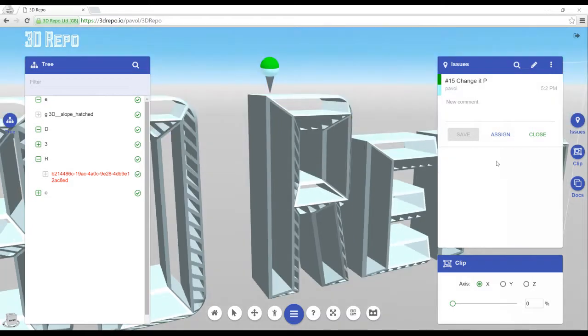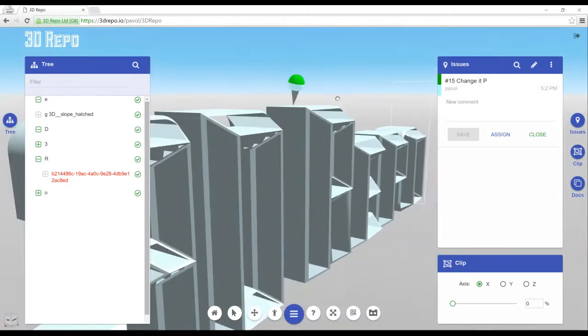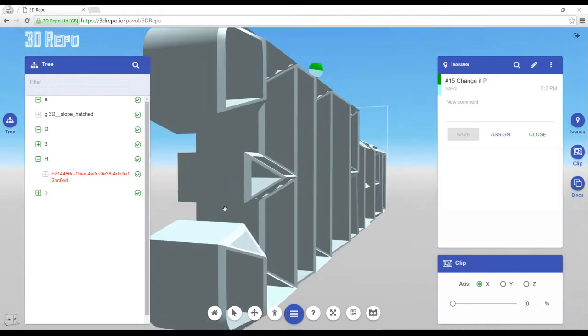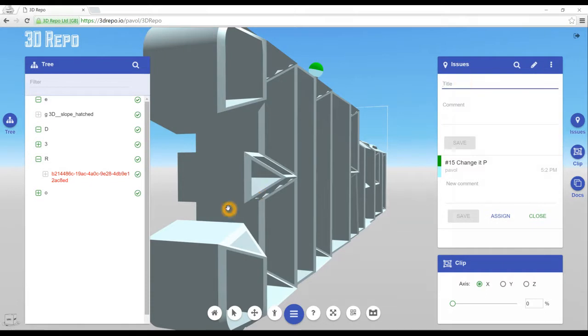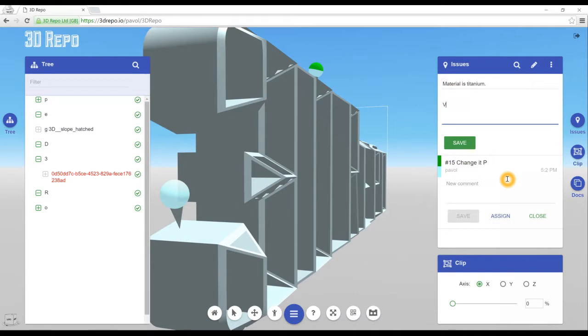Now let me create another issue. Let's say we want to comment on the object 3. We will create a new issue, and we will specify the material, and the material is titanium. Let's position the pin, here we go, here's the pin, and then again we can comment that this is very important, because titanium is nice and shiny, and we like to have it in a nice and shiny material. Now, save the issue,